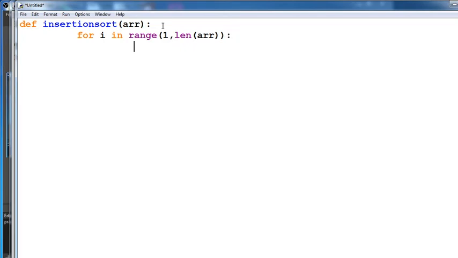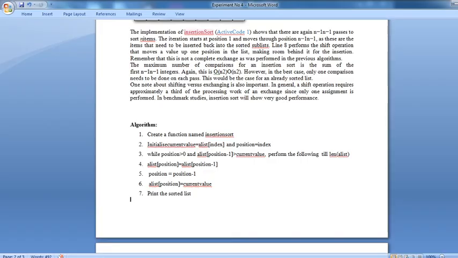In the for loop you write the assignment of the current value: key equals array, using square brackets, with i inside. Then you can follow the next step, that is the while position.